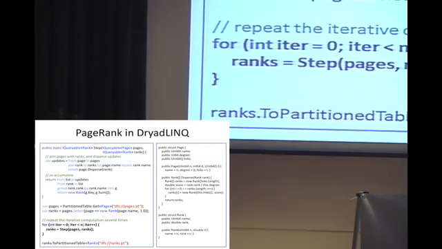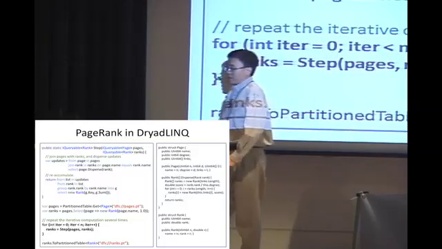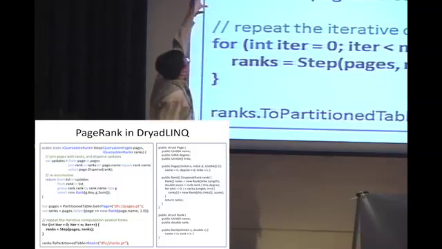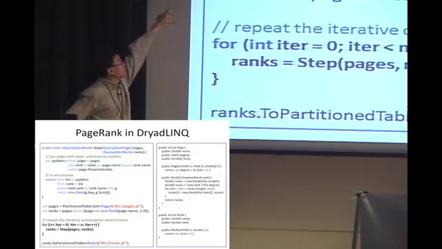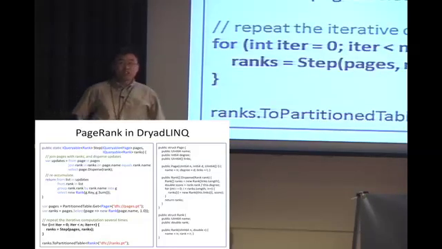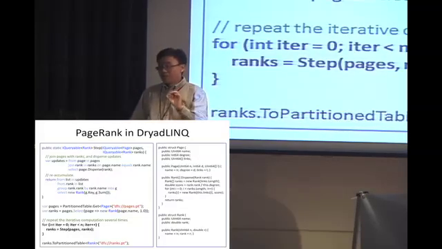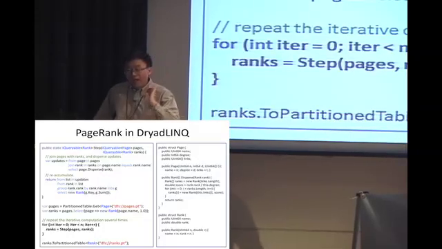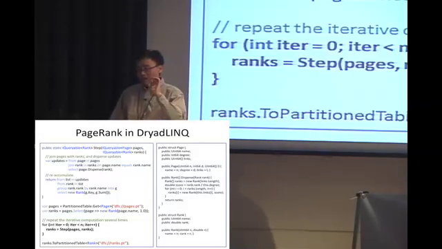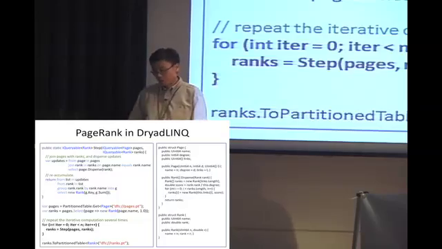And it's an array of links. And then you define your rank. The rank is the page ID and also some score, which is a double. And then you define the first iteration of PageRank. The iteration of PageRank essentially, I'm not going to go into any details about this, but it is a join and a MapReduce. It's a composition of a join and a MapReduce.